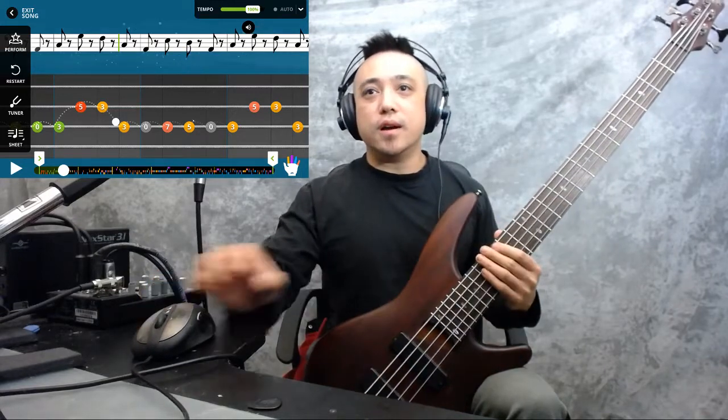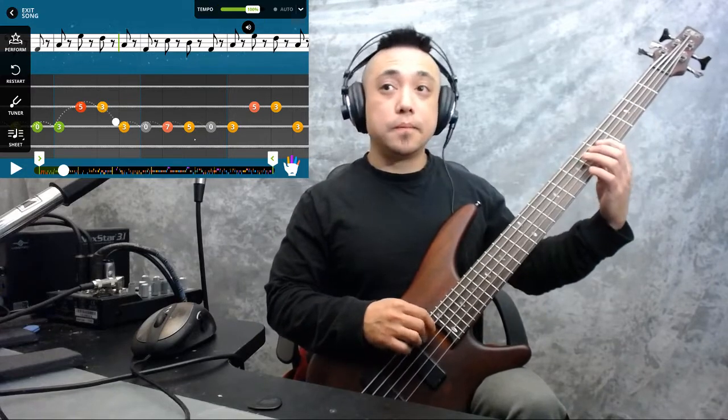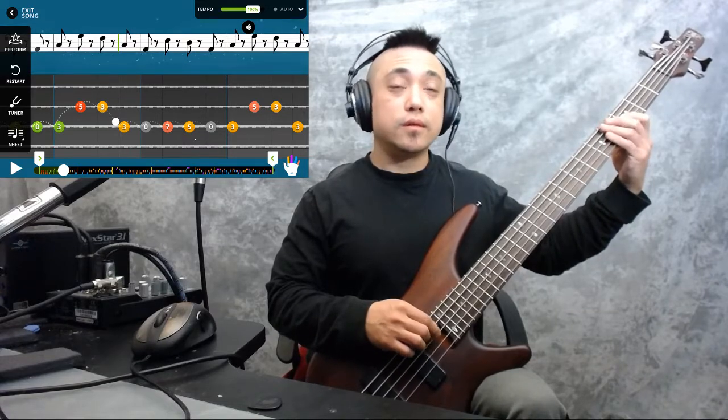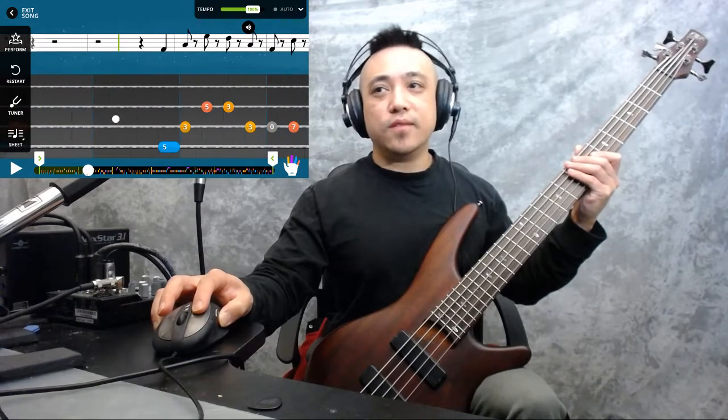Okay, so those open strings really are pretty important in the sense of allowing you to change positions. That open string allows you to shift up, open string, shift down, open string. So that's not too hard, but just keep in mind that open string is where you're shifting. Same 5 5 5 5 5 5. So this one here,